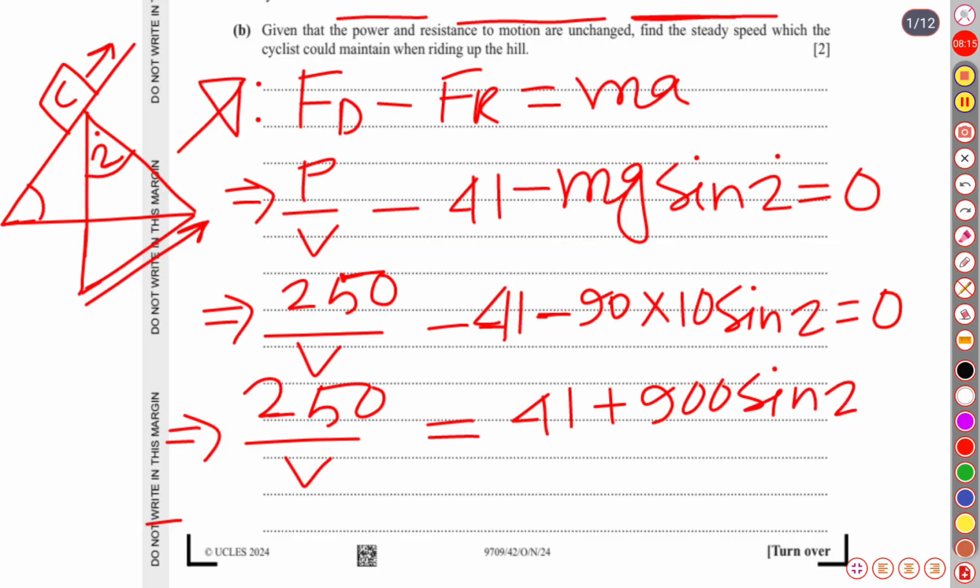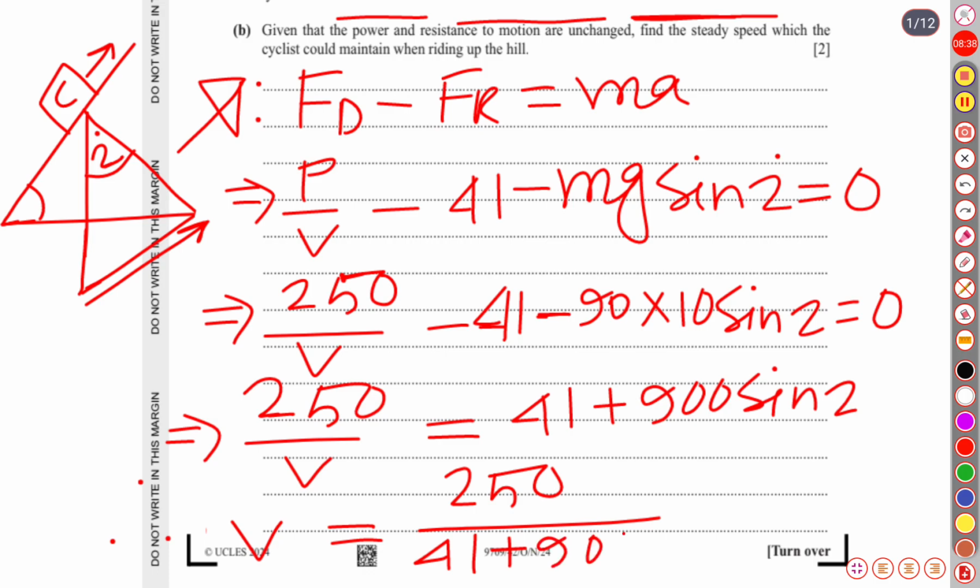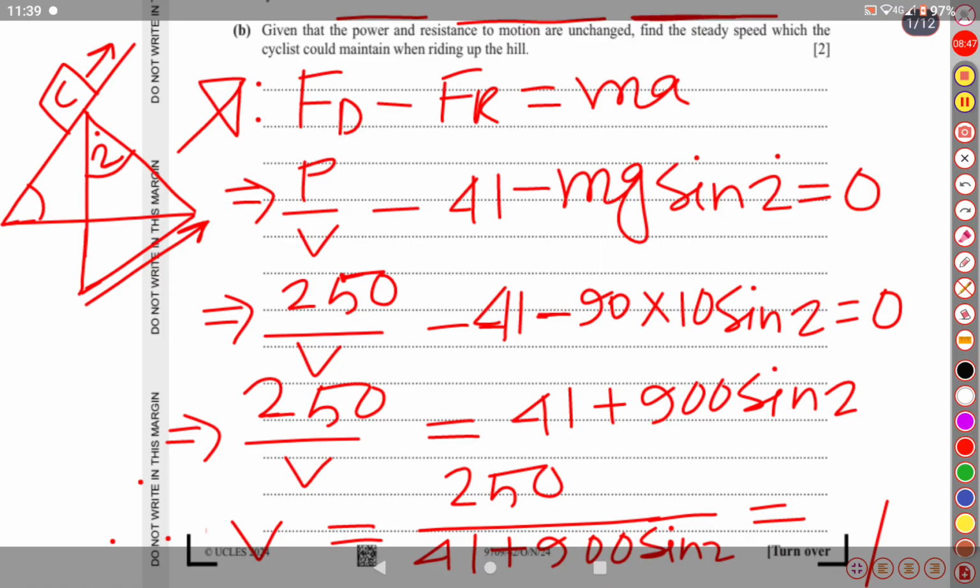Well, hence our velocity is going to be, let it be the last of all steps, as we don't have more space to write, we should not extend this any longer, is equal to 250 over 41 plus 900 sine 2 degree. Let us use our calculator. If we use our calculator, it is going to be,